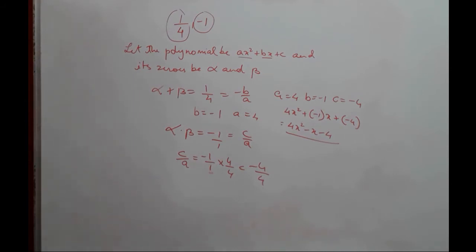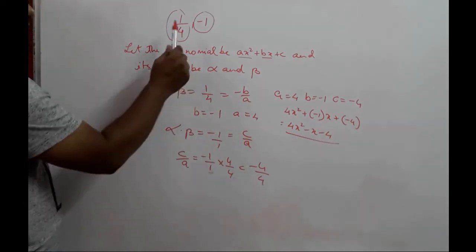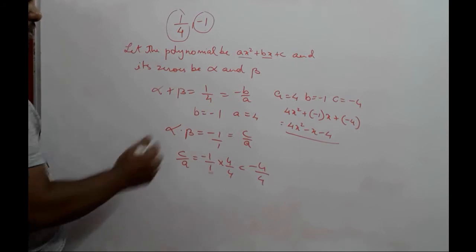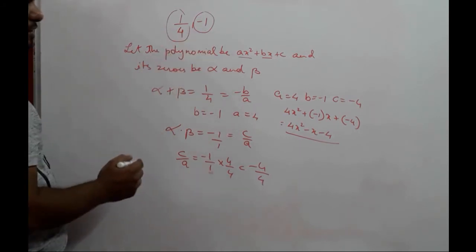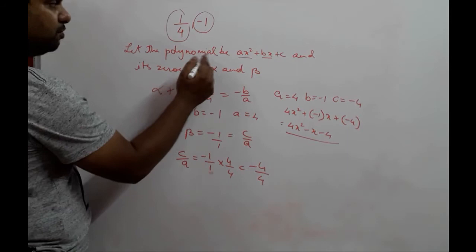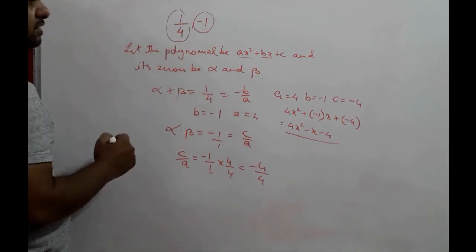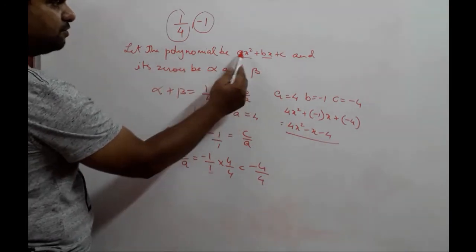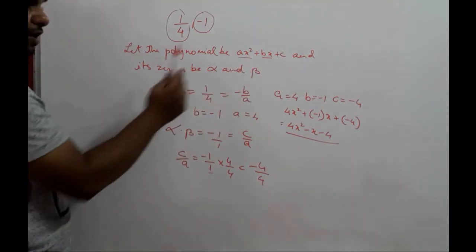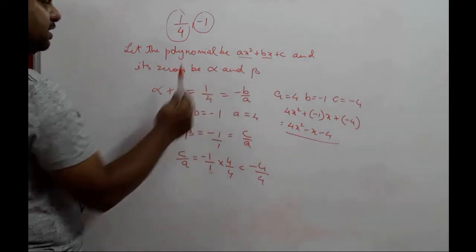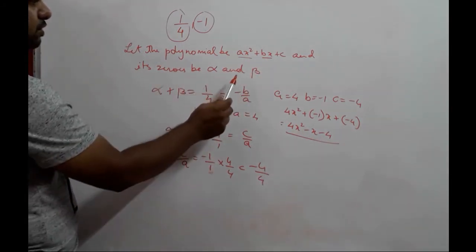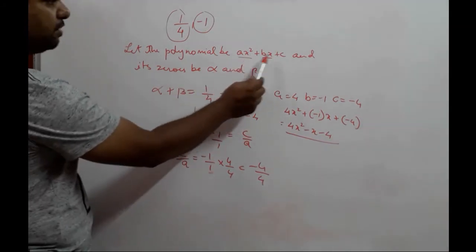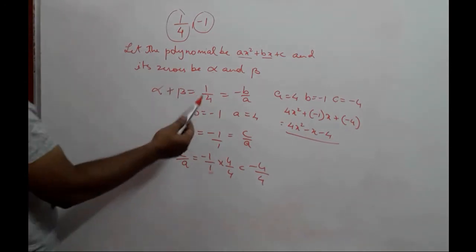So remember, how did we come to this? We were given the sum and the product of the zeros of the polynomial, and from the sum and product we are asked to find the polynomial. Now we first assume that the polynomial is in this form. All quadratic polynomials are in this form. Then we assume that the zeros of this polynomial are alpha and beta. We assume that the quadratic polynomial has two zeros, and those two zeros we assumed as